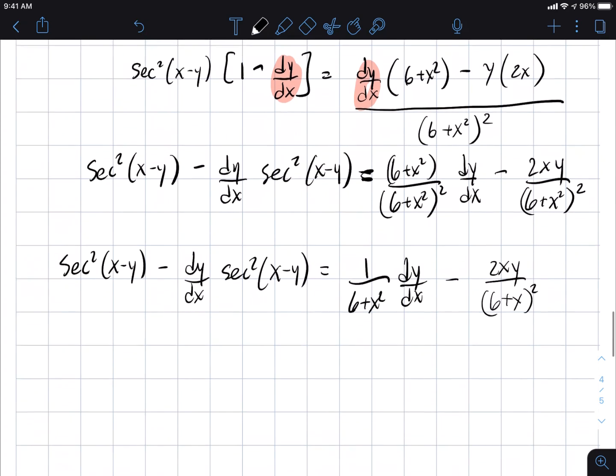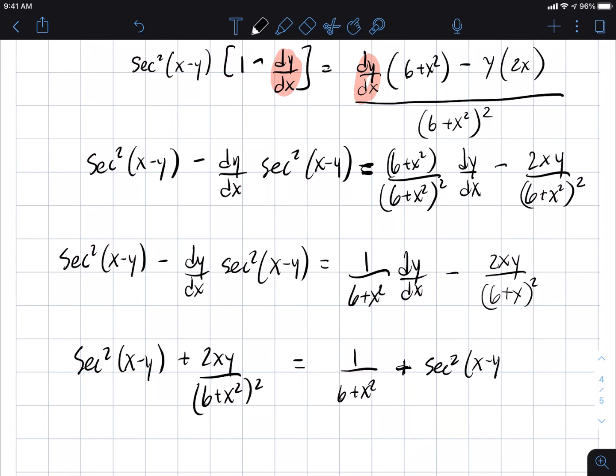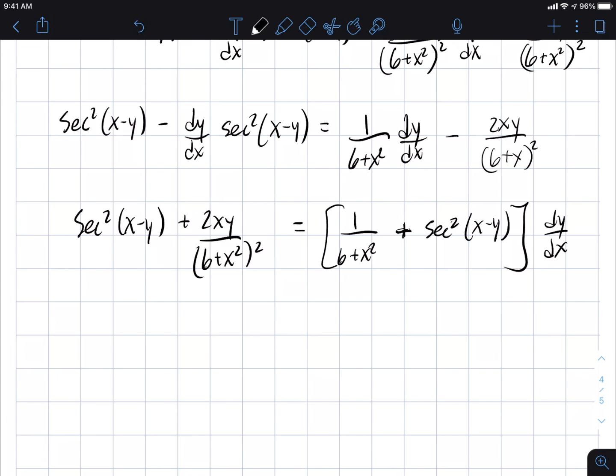And now I'm going to move things. So I'm going to get secant squared x minus y plus 2xy over 6 plus x squared squared is equal to 1 over 6 plus x squared plus secant squared x minus y, dy dx, and